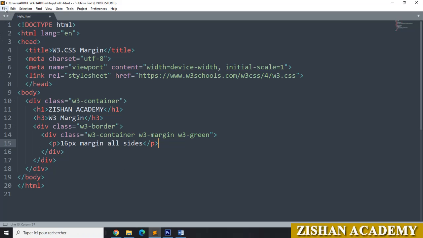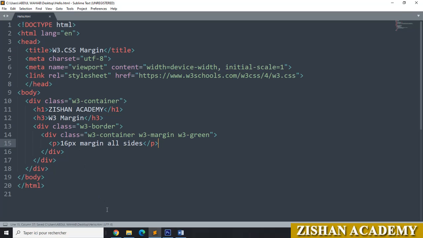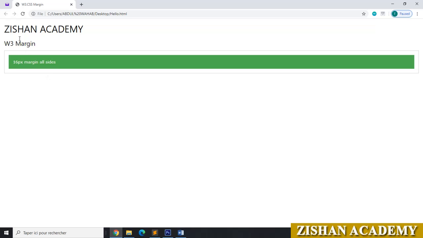We will go to the file, save. We will go to the browser, hello.html file name. We will refresh this browser. You can see that I got the h1 and here h3.